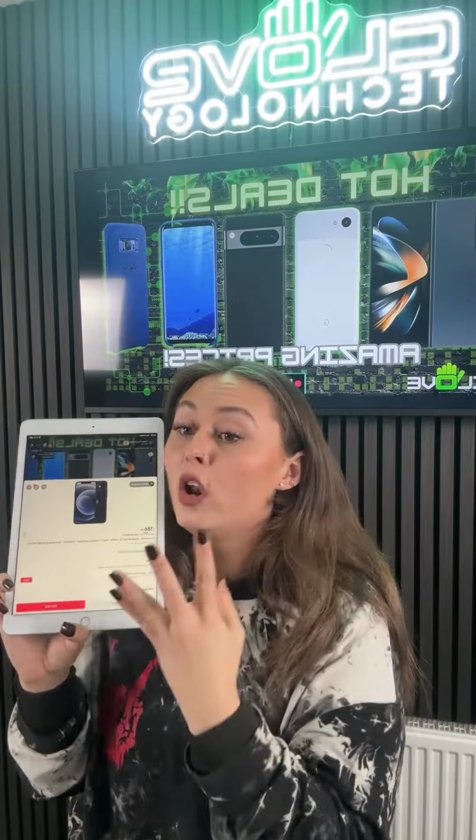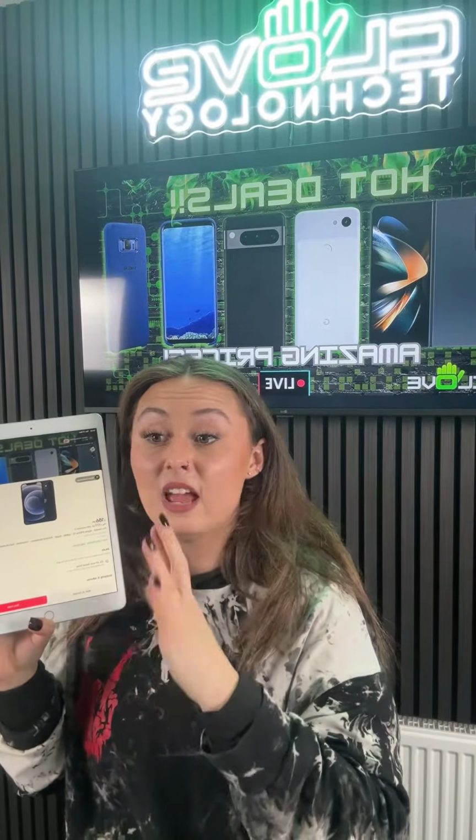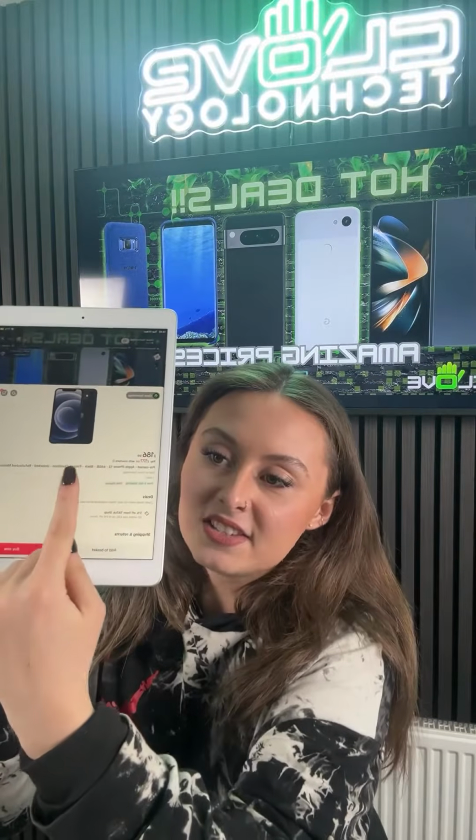Make sure whatever item you're looking at, if you're thinking about purchasing anything, guys, please make sure you're reading the descriptions, because not only does it tell you what condition it's in, it also tells you things like the gigabytes and everything like that, as well as when you can expect the item. So this here, 64 gigabytes, black, pristine condition, again the same as the other one, but the other one was 256 gigabytes. Now what I will do for you, my beauties, is I'll pin this